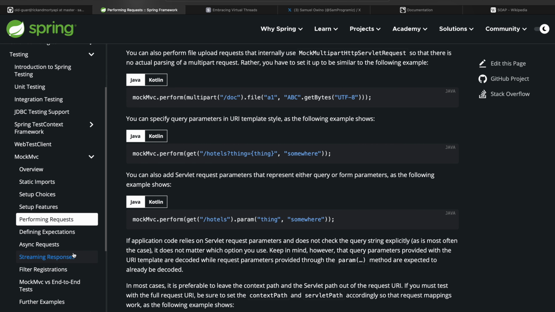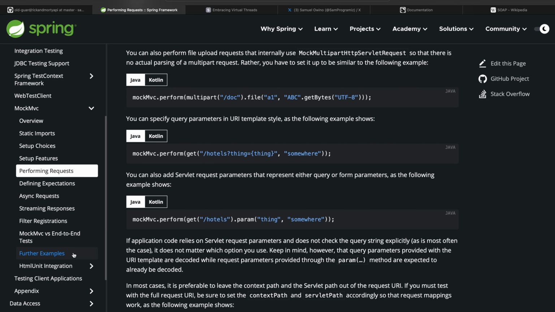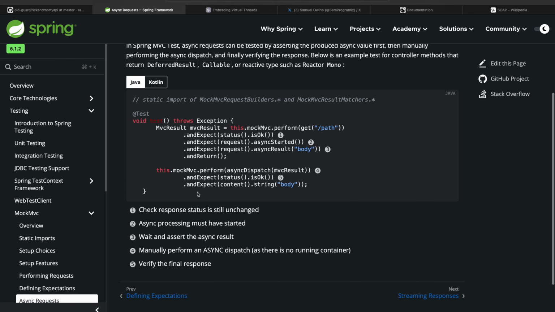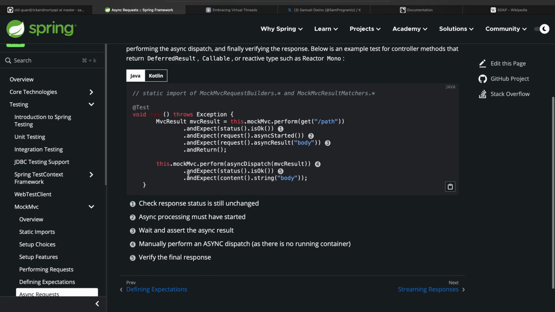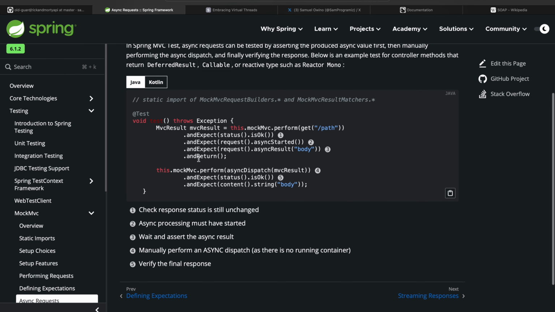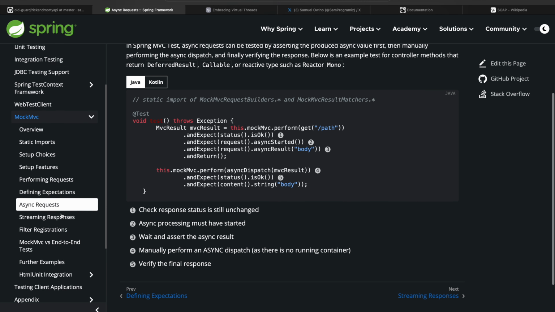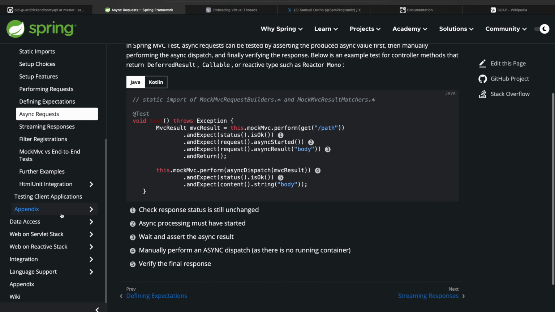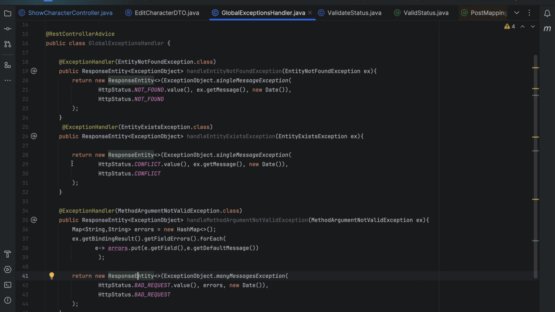Just like the others, I would encourage you to pick up these after this session and go through them, and there are some interesting things you can pick. So even async requests are supported. There's a way you do set up for async requests, and you can do assertions to see how they are processed. So let's go back to our own